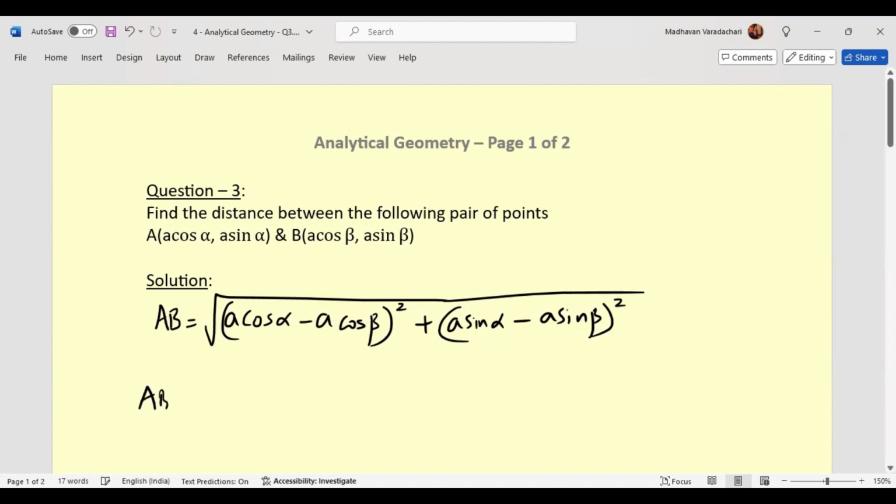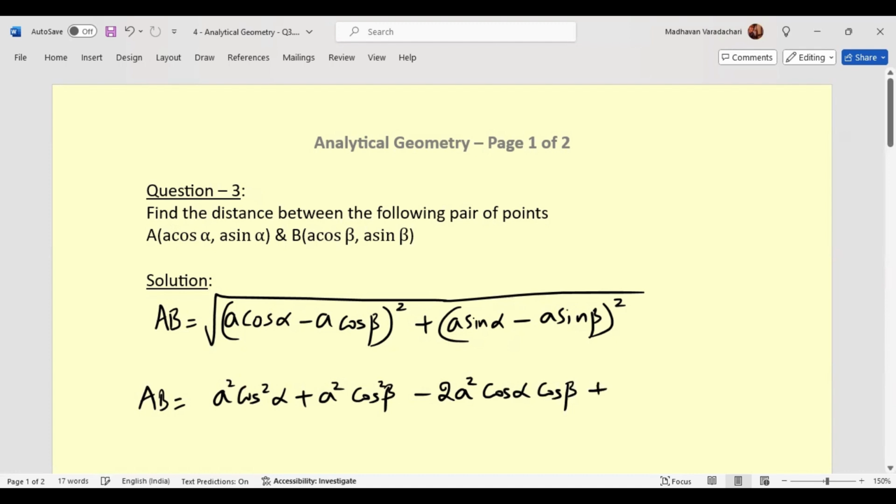That means AB is equal to, let us expand as (a minus b) the whole square. So it is a square cos square alpha plus a square cos square beta minus 2a square cos alpha cos beta